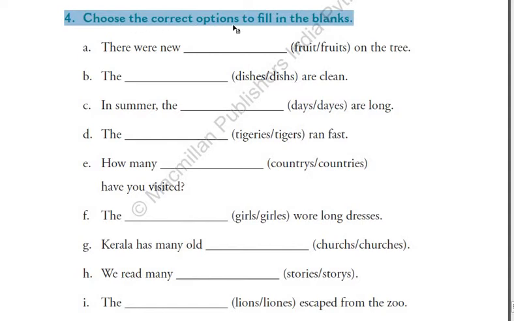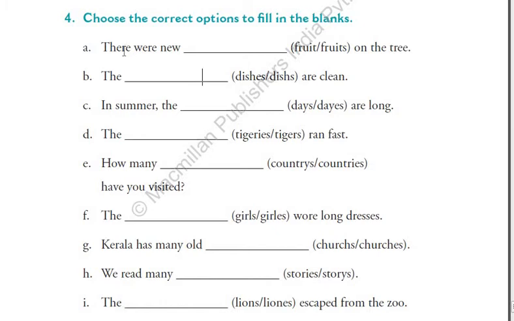Choose the correct options to fill in the blanks. You need to choose the correct option from the blanks, and then you need to write that correct option in the blanks. I'm just going to highlight the answers, as I said, because if I write the answers, what do you do? You just copy down the content, which is not good for you at all. So let us start exercise 4. I will just read the answer for you, and then we'll gradually solve the blanks.